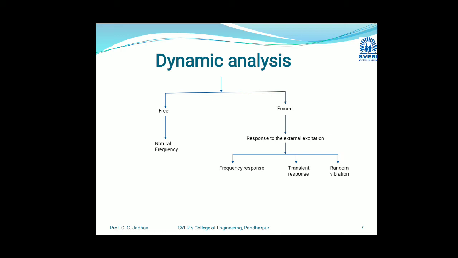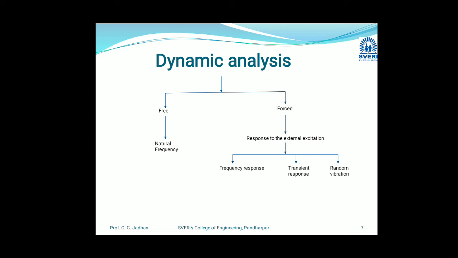And last, that is random vibration. In that, the random nature of the loading, usually input in the form of the power spectral density. So we know the mass damper example. For that we are calculating the displacement x, velocity x dot, and acceleration x double dot. So this is the example of the random vibration.